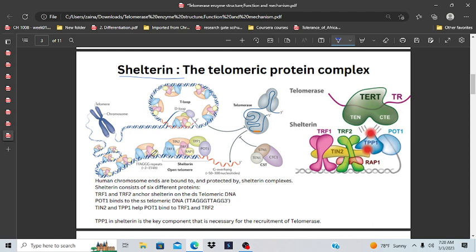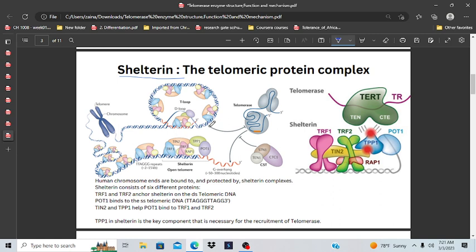So what happens is once the 3' overhang is like this, the shelterin protein resides on it, and this causes it to loop and hide the 3' overhang. So it forms a T loop. There is also another loop called the D loop. This is done in order to not be recognizable by the DNA damage system and avoid being cleaved by